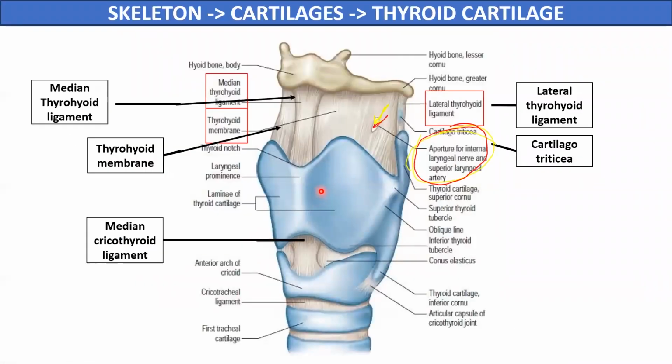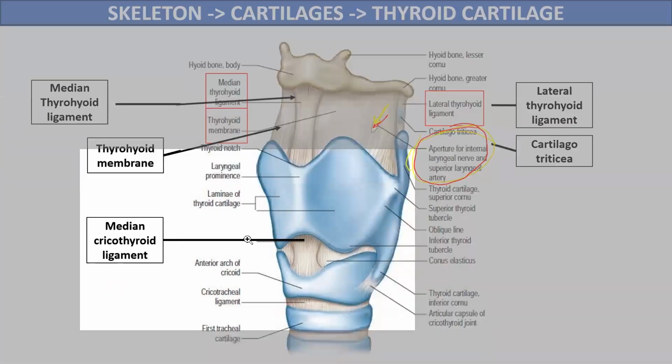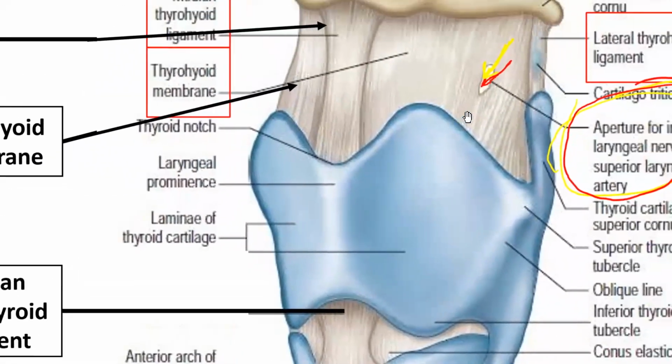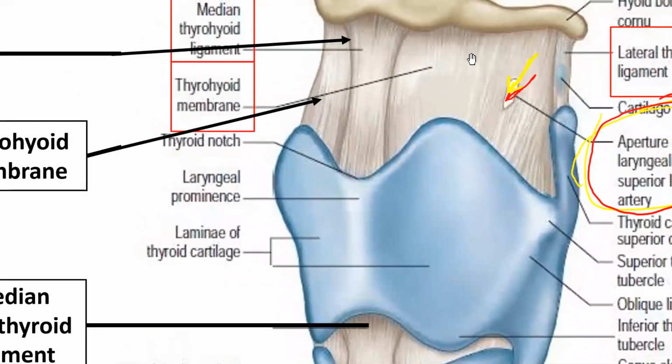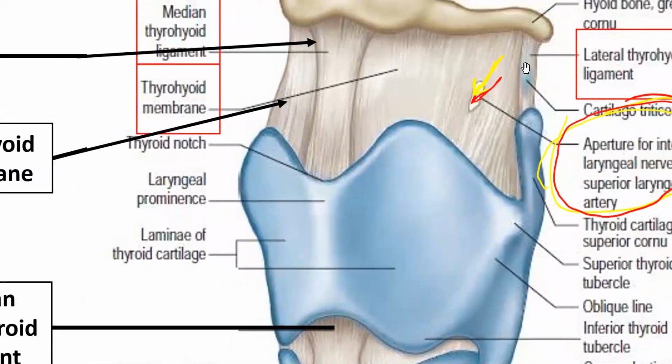So here we can see the ligaments and membranes along the laminas of the thyroid cartilage. So along the upper border of the thyroid cartilage, a membrane, the thyroid membrane, attaches the thyroid cartilage to the superior border of the body of the hyoid bone and the greater cornua of the hyoid bone. And this thyroid membrane, if we see in the midline, is thickened to form a median thyroid ligament here, and also laterally or along the posterior border, it is thickened to form another ligament, that is the lateral thyroid